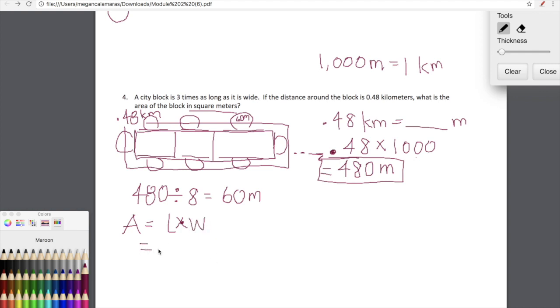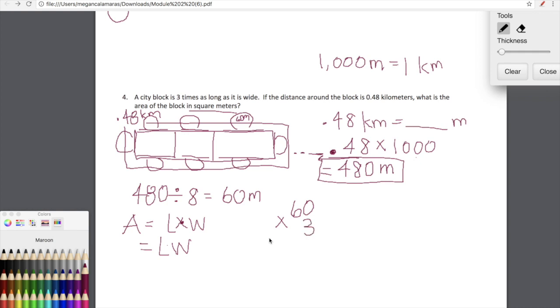You'll see this as you get older, just LW or L dot W, but right now we'll look at area equals length times width. What is the entire length of this side of the city block? Each of the 3 units within this length is 60 meters. So if I have 1, 2, 3 copies of 60 meters,